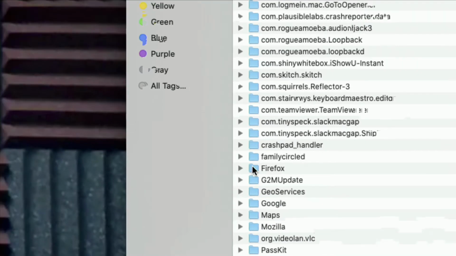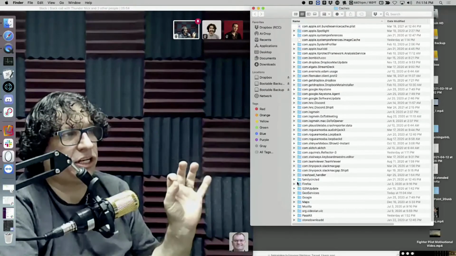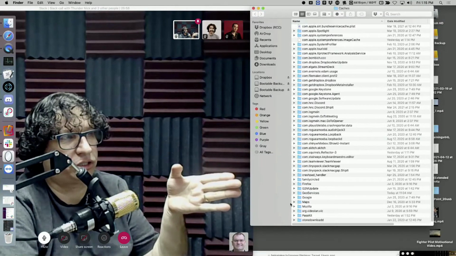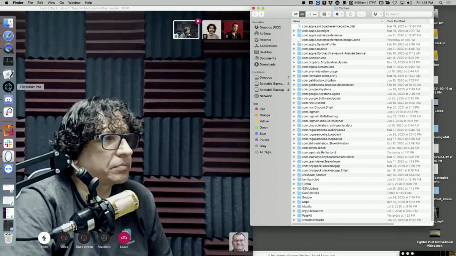It's gone. And remove the parent folder, not what's inside, because the privileges can be screwed up on the parent folder. So get rid of the whole folder, not just the stuff inside. Okay. And then the idea is that you reopen FileMaker.